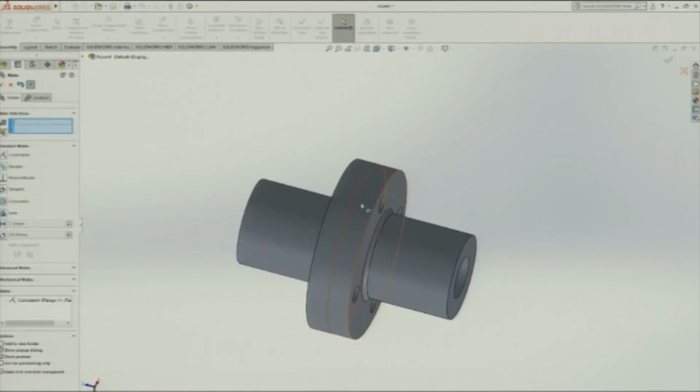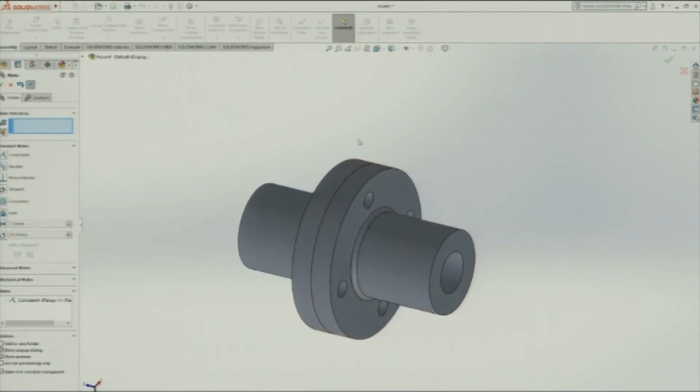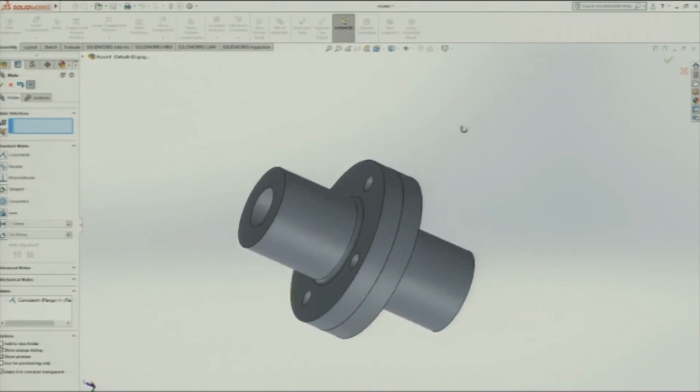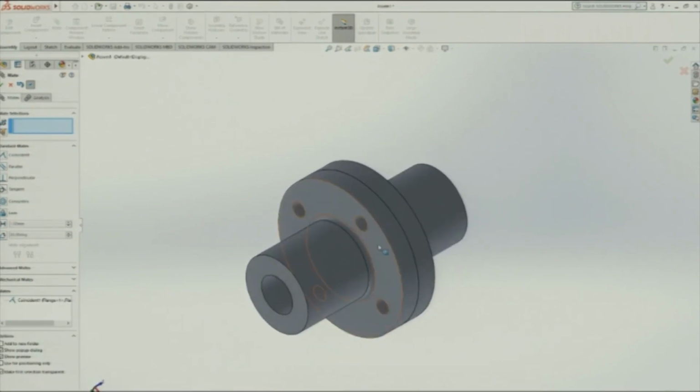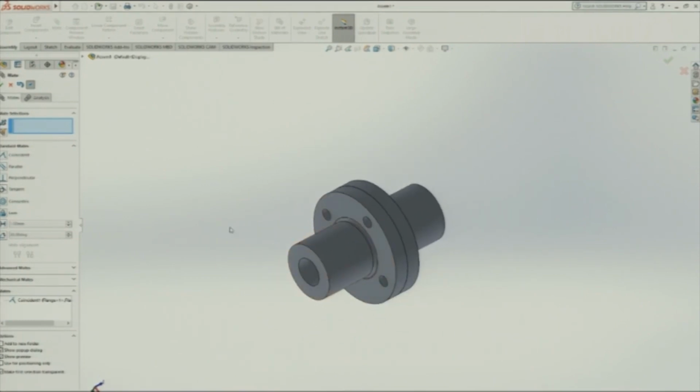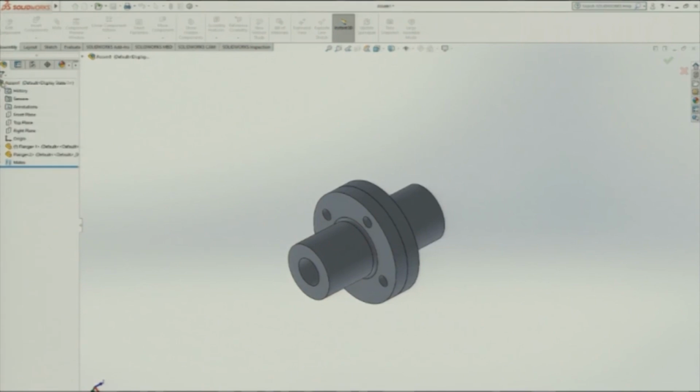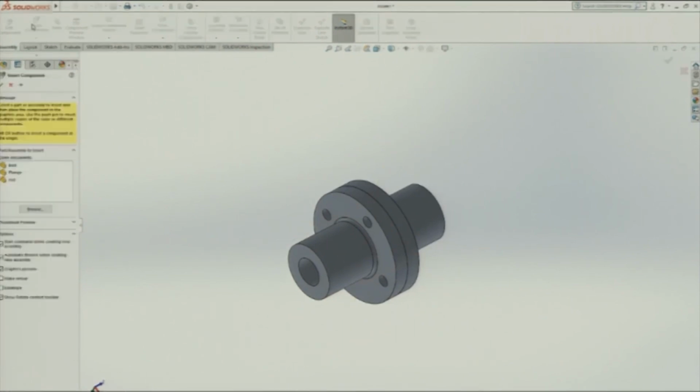So the mate has happened. So now the flange setup is ready. So it is mated. Now I need to insert components again. I need to insert nut and bolt. So I will insert nut here,